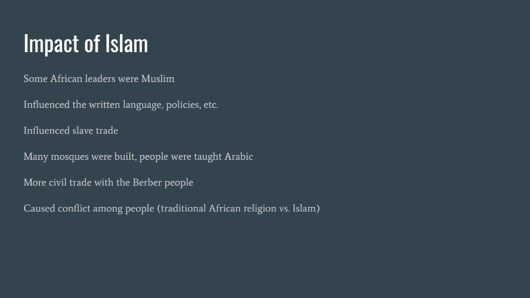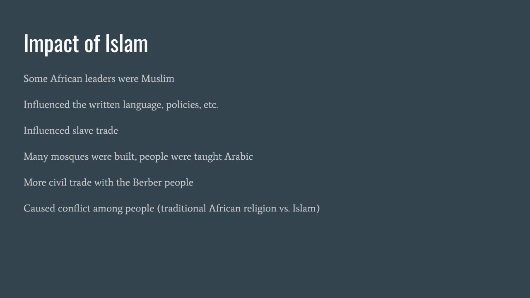So Islam has a huge impact on Africa. Like I mentioned, a lot of African leaders are Muslim, so because of this, a lot of their written languages are based in Arabic. It's going to influence their slave trade. If you were to go to Africa, you might find many mosques that were built, people who are taught Arabic, who are speaking Arabic, and it also causes for some